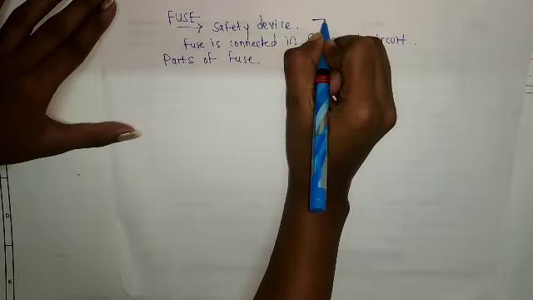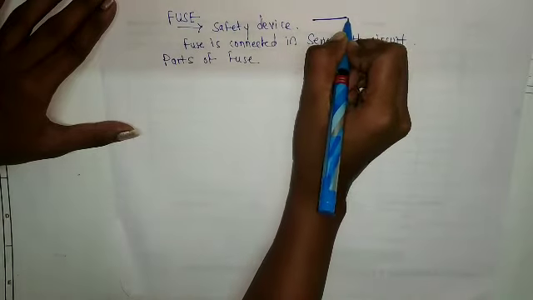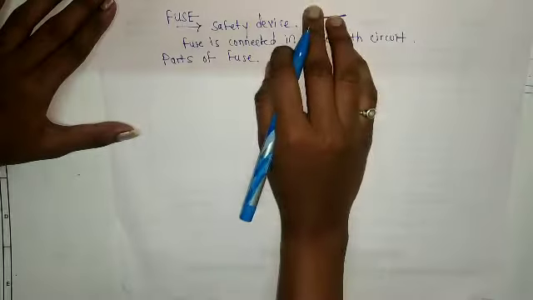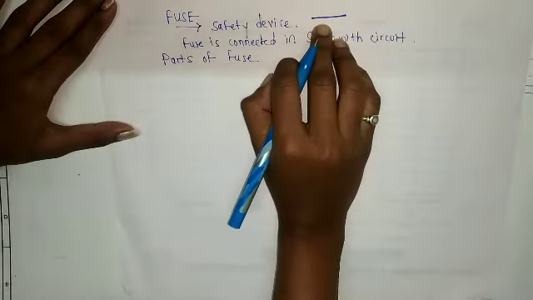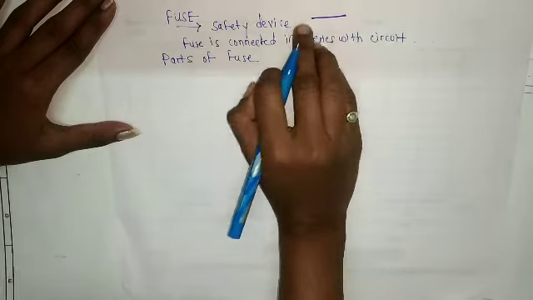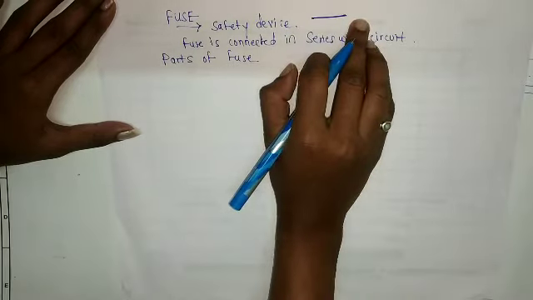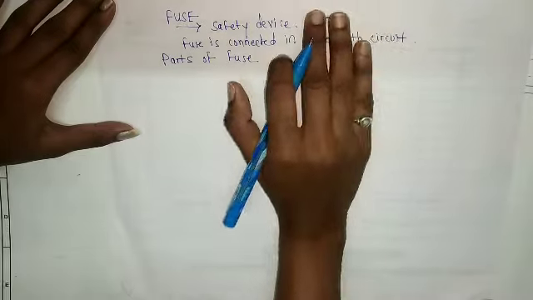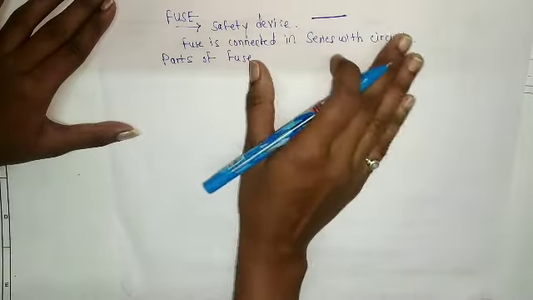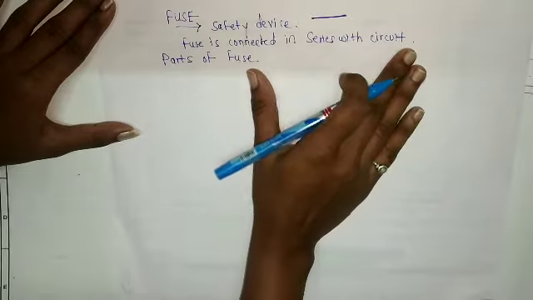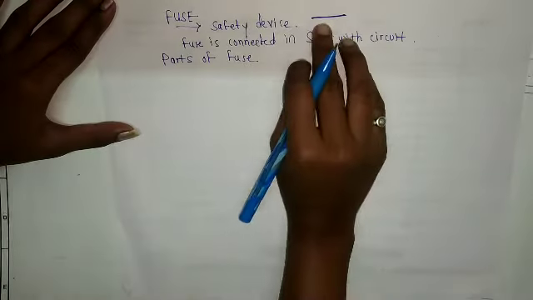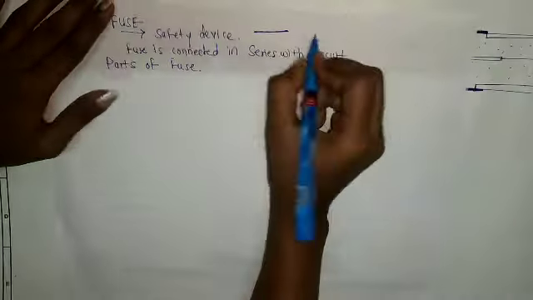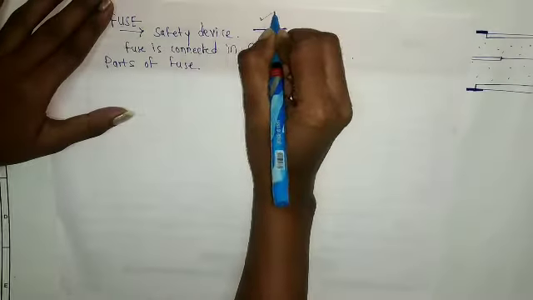It has a wire. We have already learnt what type of wire it is. Whenever normal current flows through this wire, it will carry the normal current, and there will be no problem, there will be no heating. Before that, whenever the current flows through any of our appliance, it gets heated up. Whenever the current flows, it gets heated up, but it is normal. So this is our normal condition.